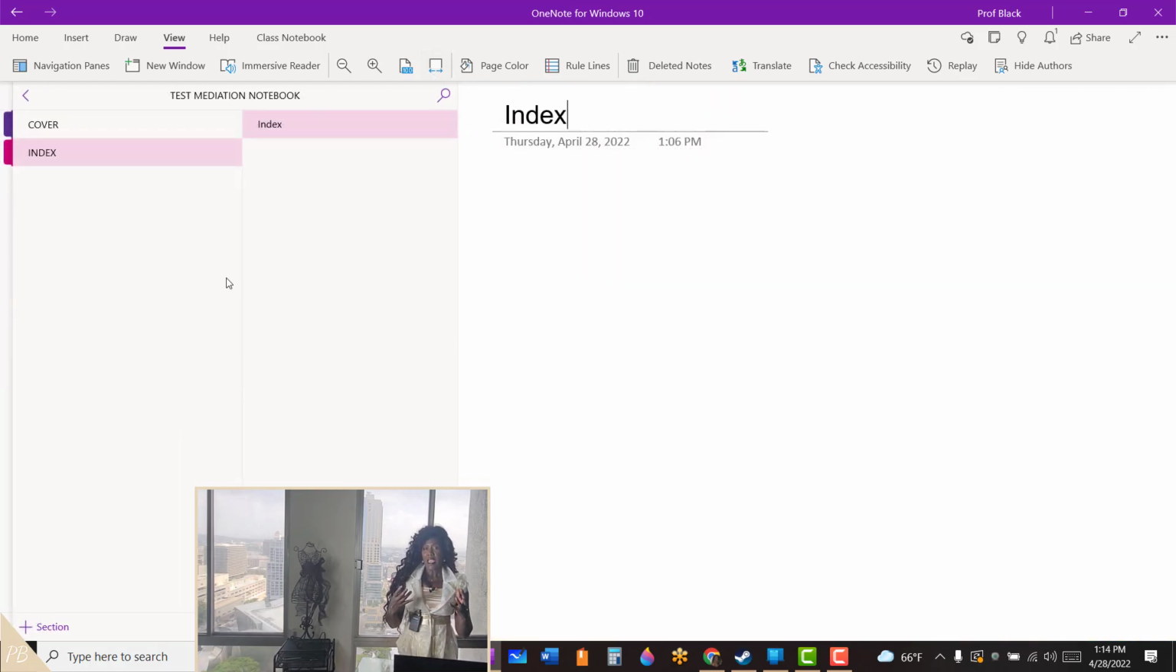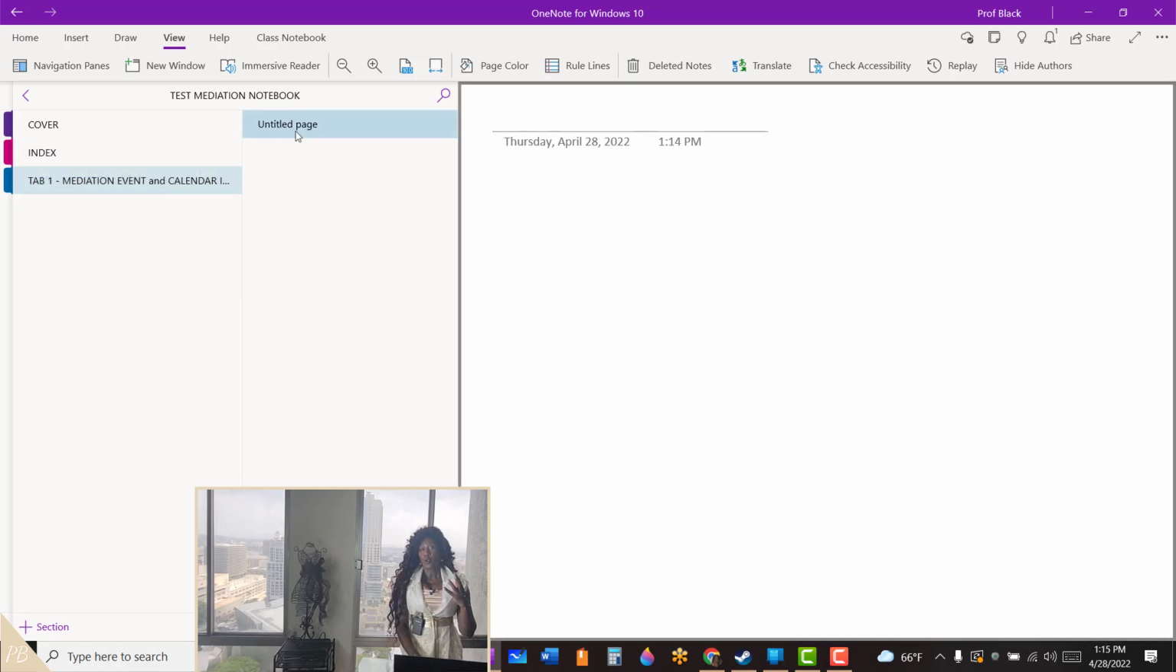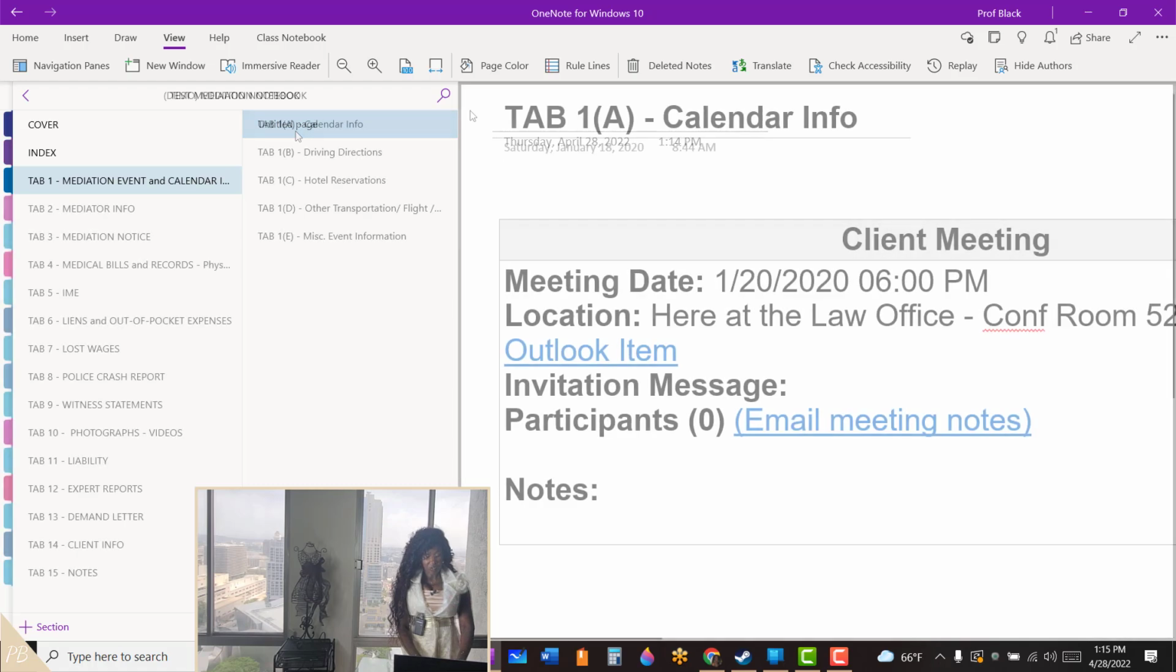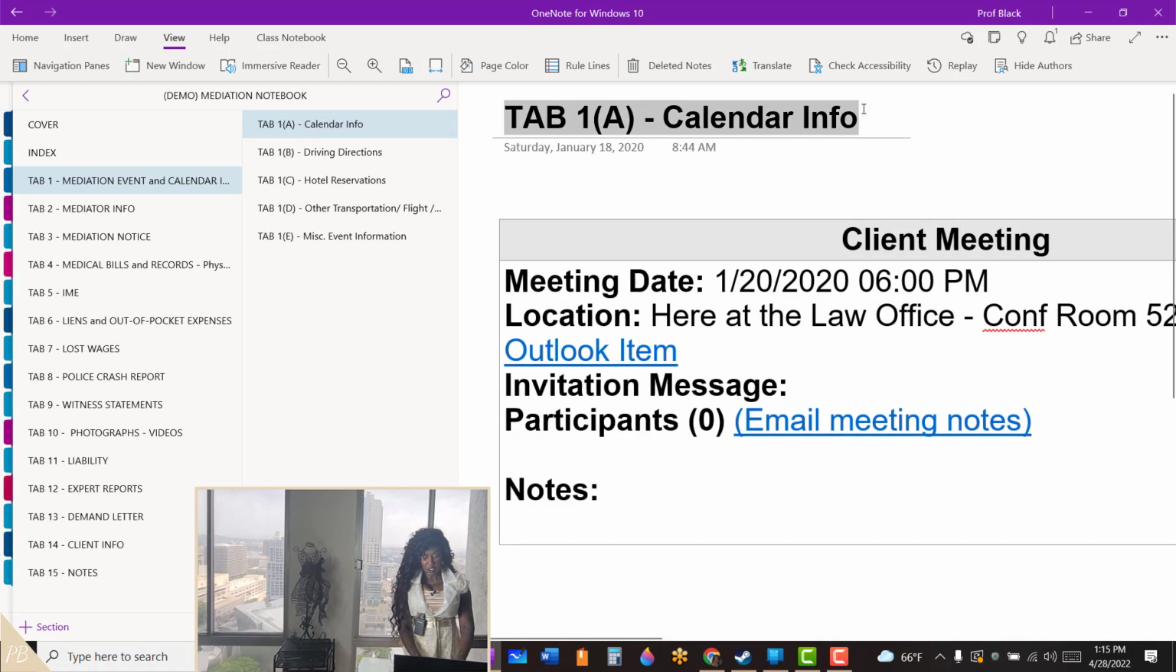And so to create your sections, whatever sections you may want to have for your particular notebook, you'll simply click this plus section sign. And to create this new section, you'll want to name the section. Once you create each section, then you'll want to create any pages or subsections that go along with that section. So to create this first section here,